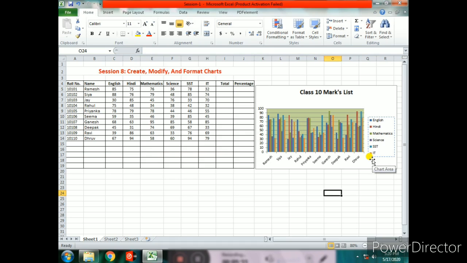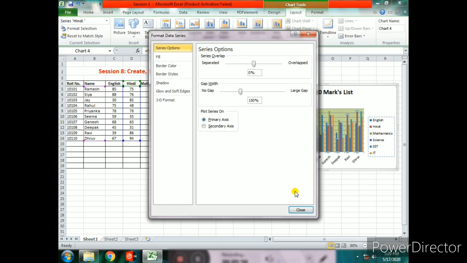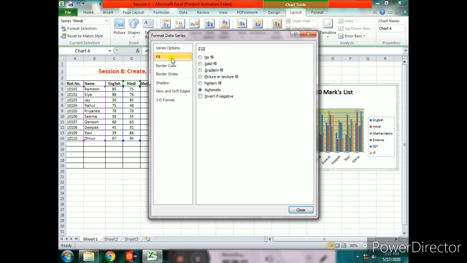And next one we have formatting data series. This is our data series. We can format this data series. You can format a data series by changing the bar colors, lines, slices and shifting their position. Now let us see how can we do this. Right click on the data series and click on the format data series. Now click on the fill tab.